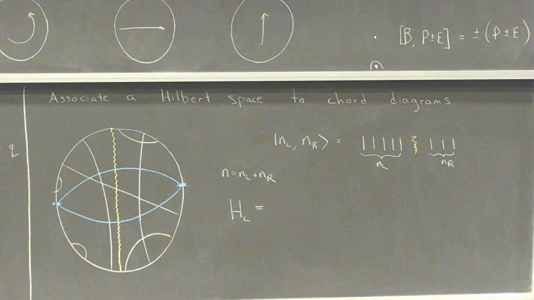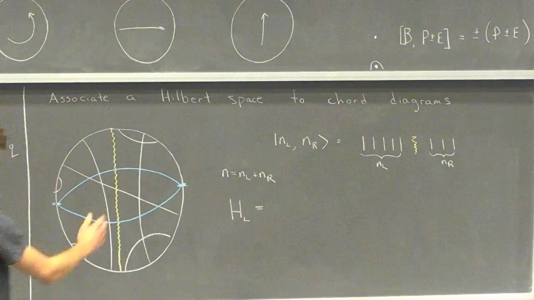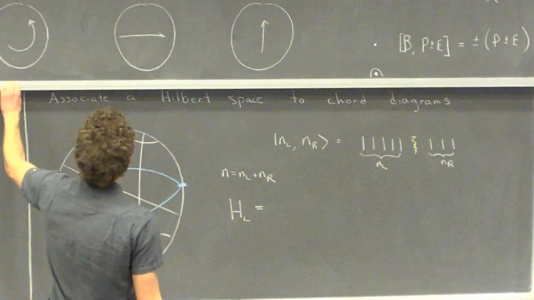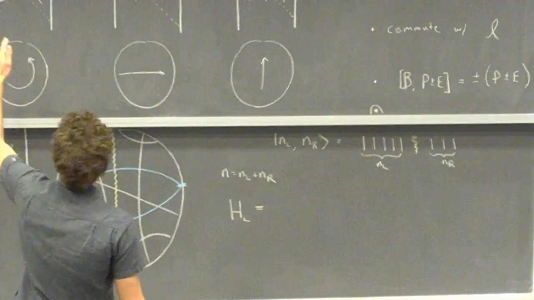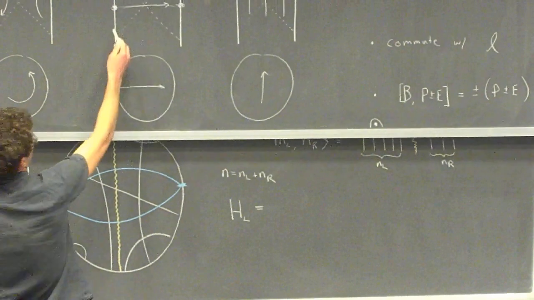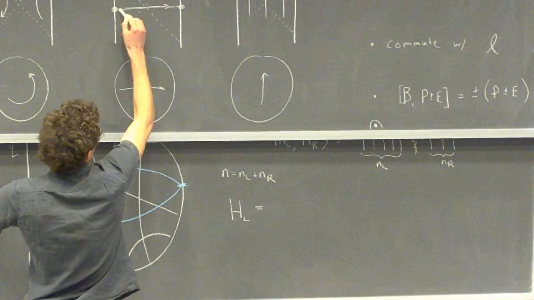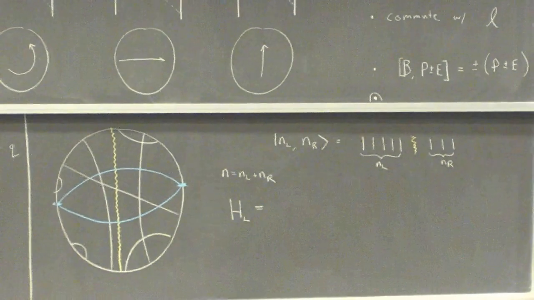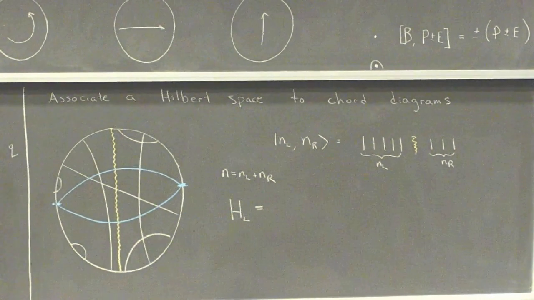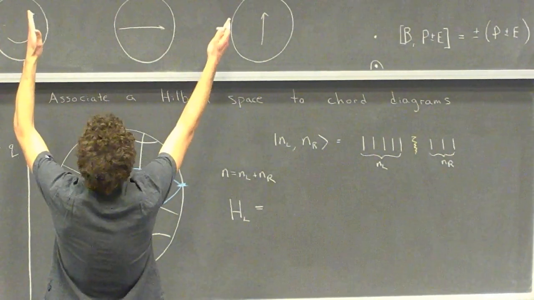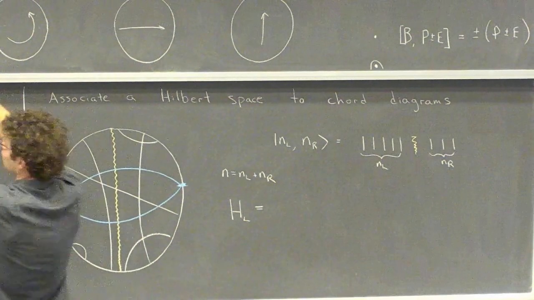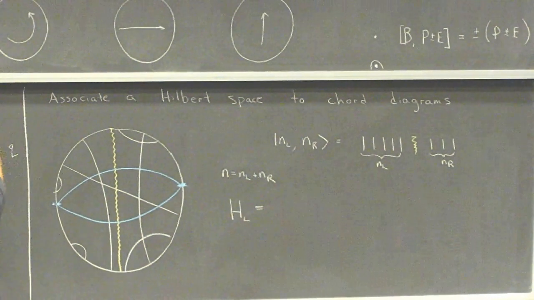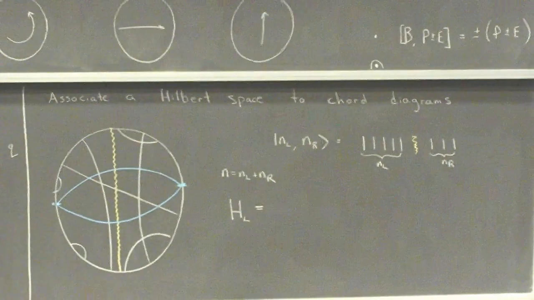Okay, so there's some kind of discrete geometry which you can associate to these chord diagrams, and it's kind of an analog of the geometry that you get connecting these 2 points, the 2 sides on the boundary in AdS2. So what we would like to do is build analogs of these operators, and use those operators to solve our puzzles. So we'd like to understand this algebra, and then from the algebra understand the geometry and the resolutions of these puzzles.